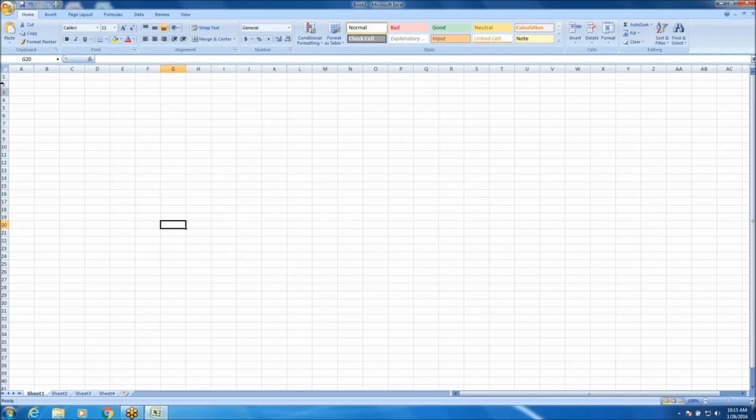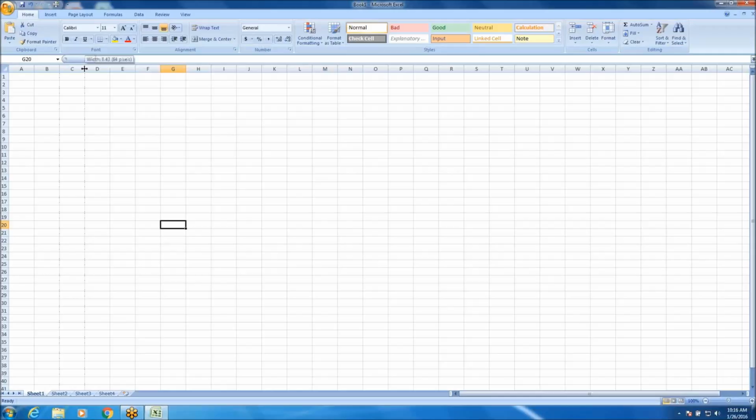And when you move your mouse to different spots, the mouse cursor may change from that plus to something else for a different reason. It gives you a different function. So if I move my mouse in between one of these column letters up here, you can see that it's changed to a bar and two arrows going in different directions. That's telling me that it can do something different here, which if I left click and hold,